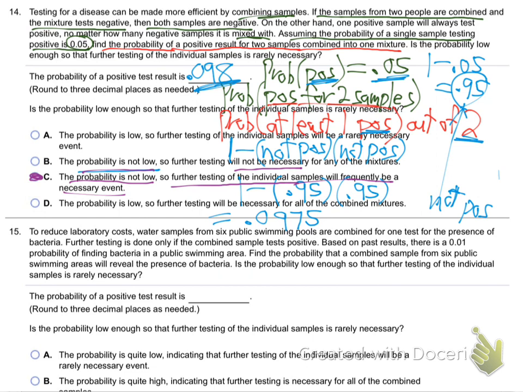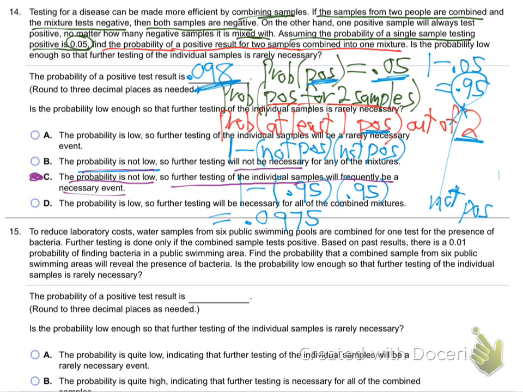What would be considered too low? I don't know, 10%? That's why I think this is a bad question. Because on the next one, the answer is going to come out about 6%, and they're going to go, yeah, that's pretty low. Usually they say low is below 5%. Well, says who? That's just an opinion. So we'll just go with it, but it won't be on the test like that.